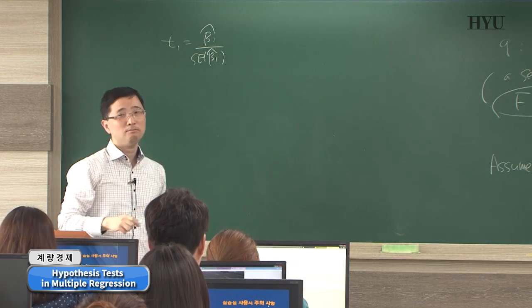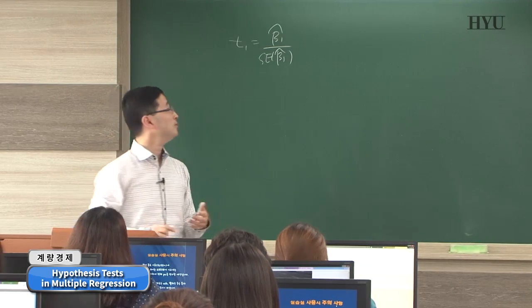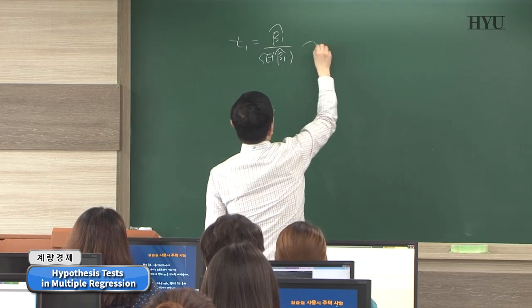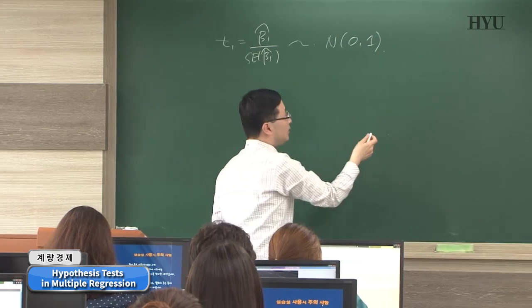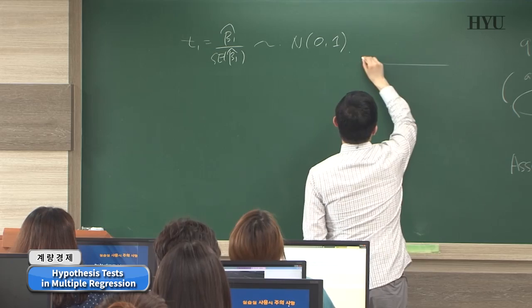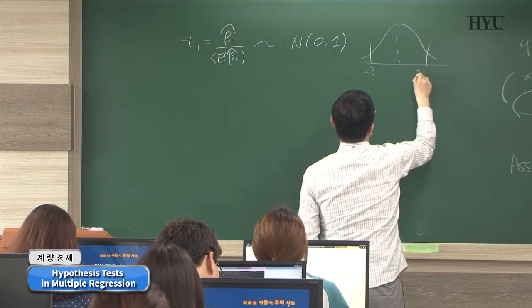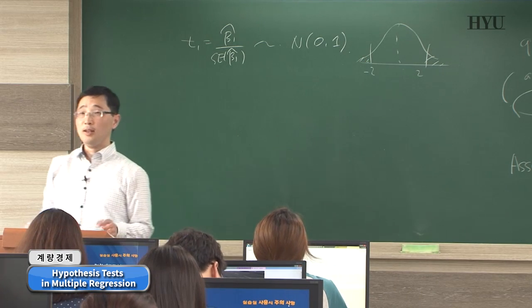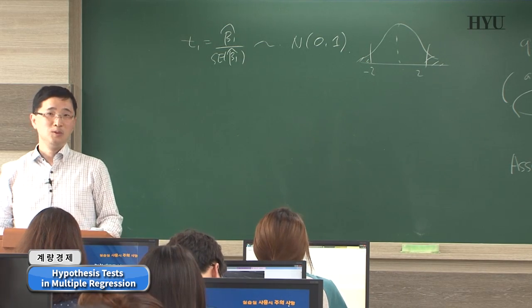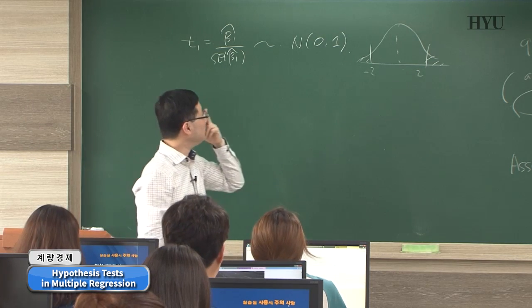We know that a t value bigger than something is significant only because we know it's going to be approximately a standard normal distribution. And if it is in this area, that's a very unlikely event, right? So in that sense, we can think about this testing because we know the